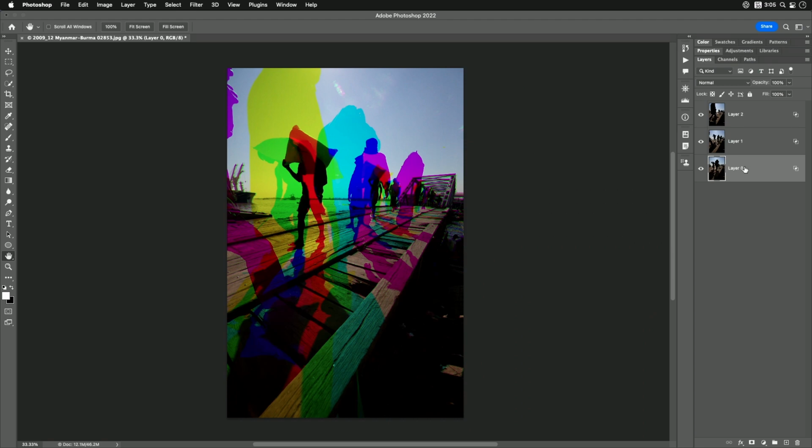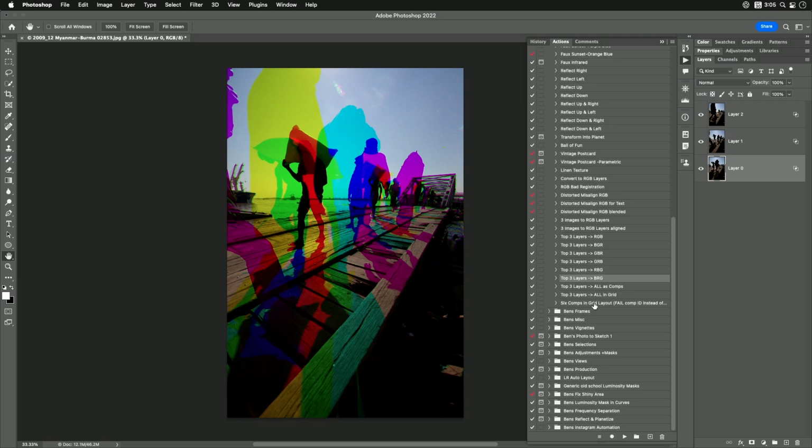And as long as we use red, green, and blue, all three of them, and some part of the scene is consistent, the same colors in all three, some part of your photograph will look normal, and only where it's different between the three photographs is where you're going to get the color, and it can create some really interesting looks in your photograph. There's actually 6 different combinations that you can use, and I've created some actions here that I use personally,